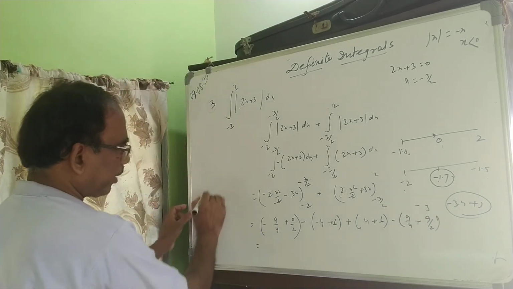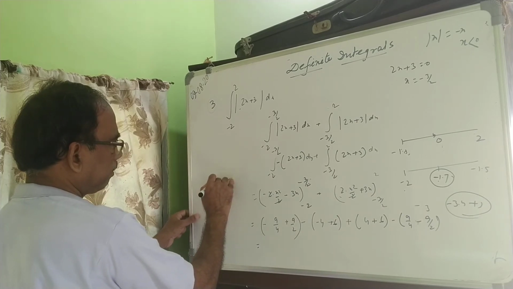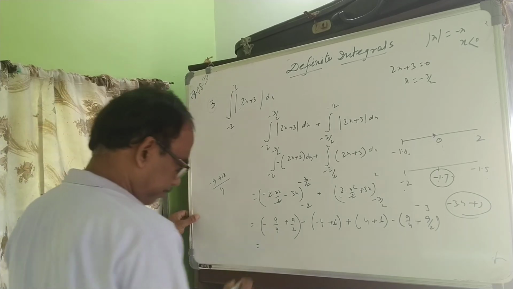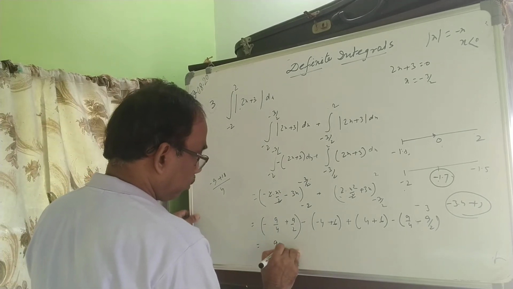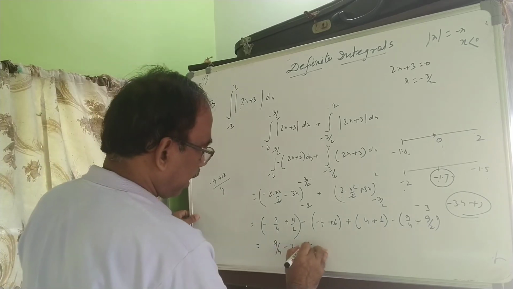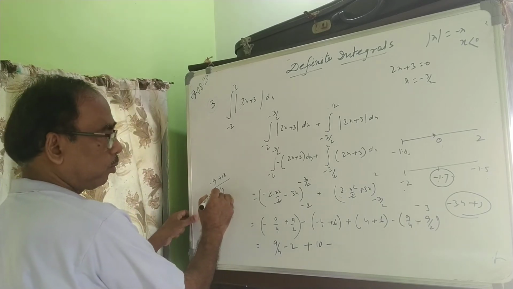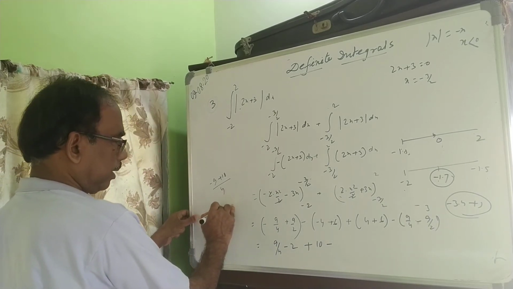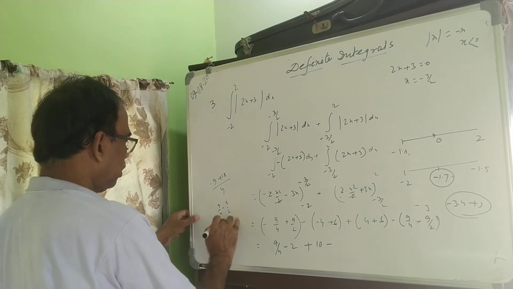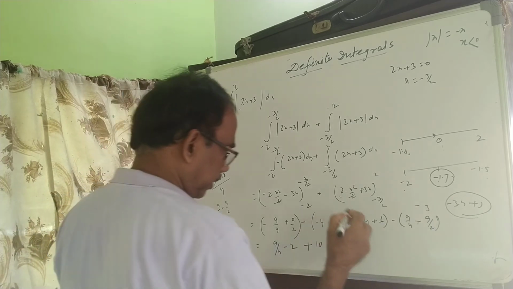So if you do subtraction, 4 is LCM, minus 9 plus 18, that is 9 by 4. Answer is 9 by 4 minus 2. This is plus 6 are put 10 minus 9 by 4. 9 by 4 minus 9 by 2, that is 4, 9 minus 18, that is minus 9 by 4 minus